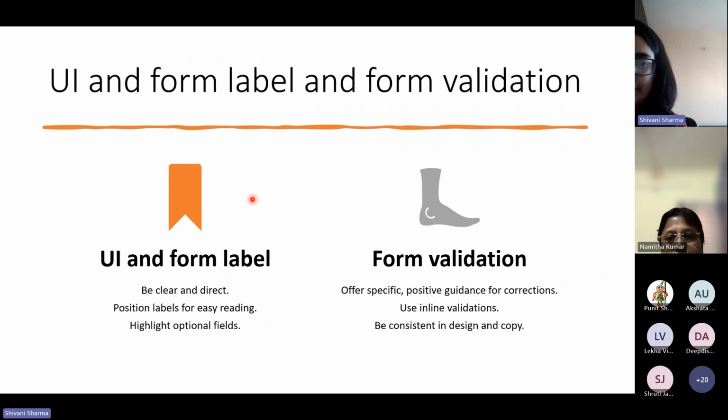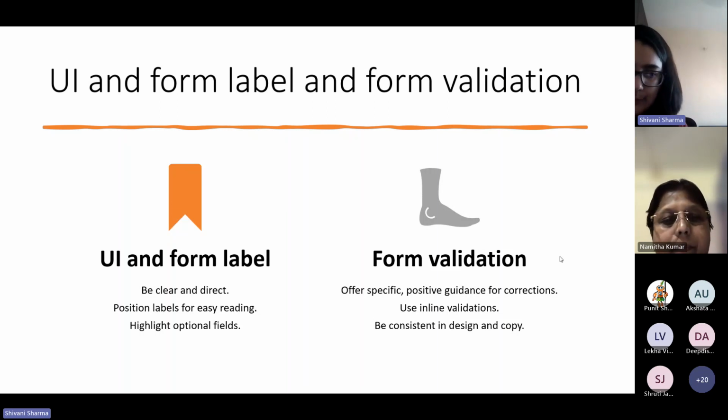In forms, there are field labels, or sometimes forms are divided into sections, and those sections have labels. So while writing a UI or form label, you have to be very clear and direct. You will likely not have much space here, so it's best to use as few words as possible while still